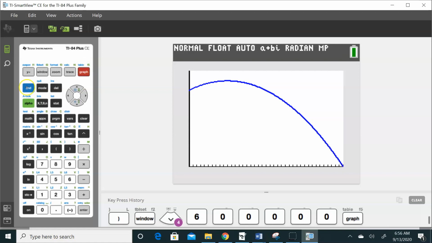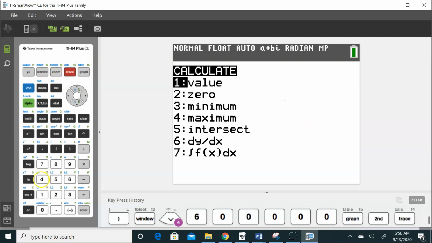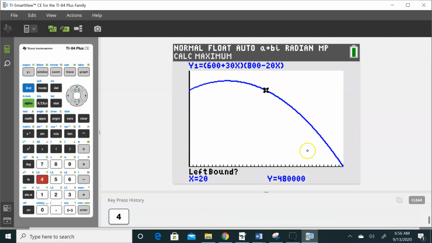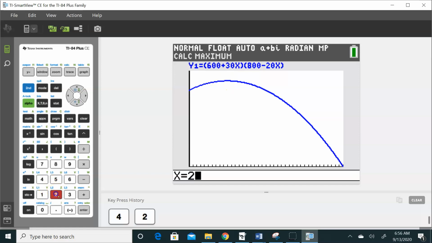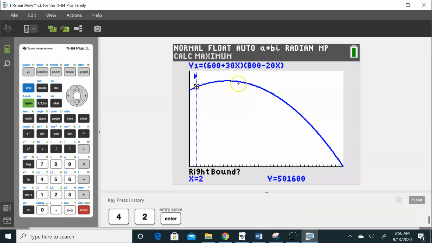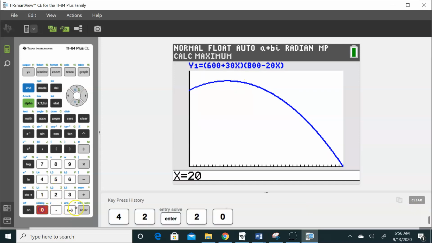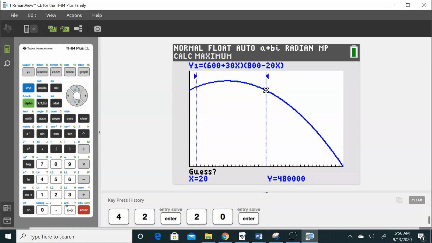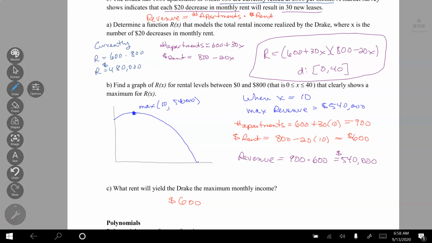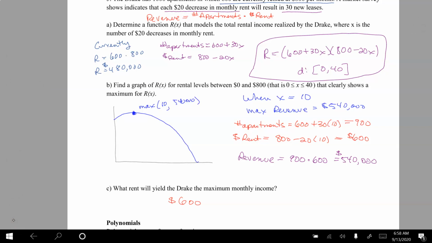I'm going to do my second trace, number 4. So this is 0 through 40. My guess is around here, so I'm going to say my left side of the bound is maybe like 2. My right side is maybe 20. Or you can use your arrows. See, I could use my arrows and move it. I hit enter, and here is my max. So you can see I put the graph on the notes here, and when x equals 10, my max revenue